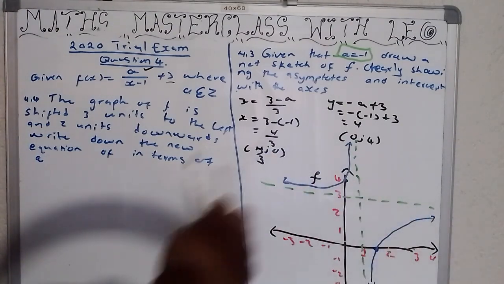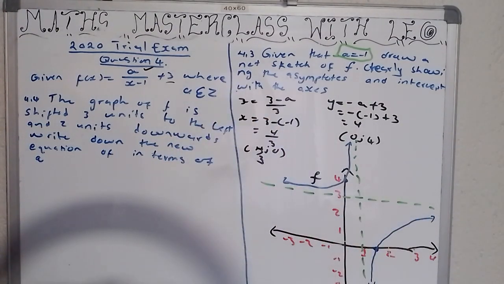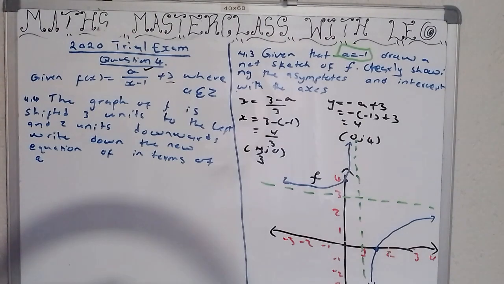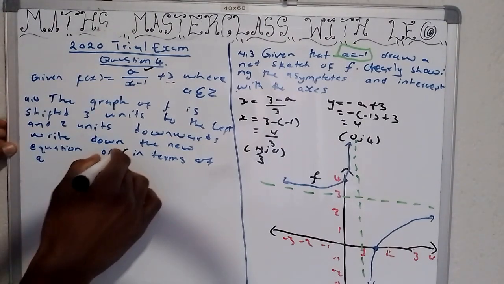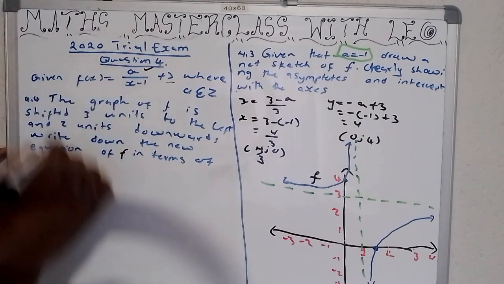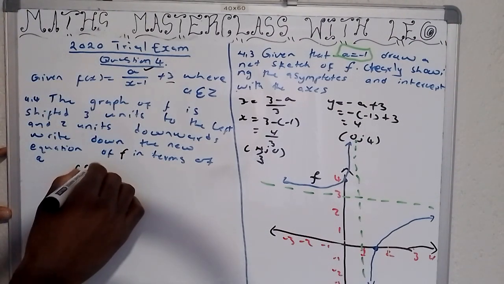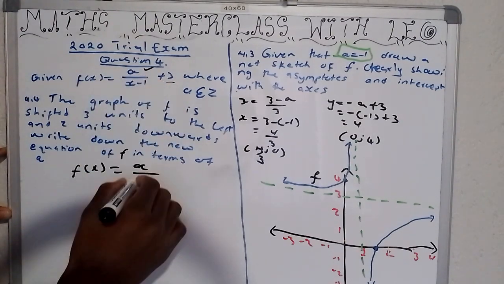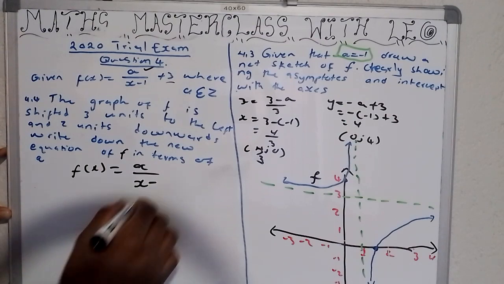Then, and 2 units down, it is affecting y. Shifting of left and right is affecting your x. Shifting up and down affects your y. 2 units downwards, write down the new equation of f in terms of a, right? In terms of a. What am I going to do? I'm just going to say, I have f of x is equal to a over x minus 1,